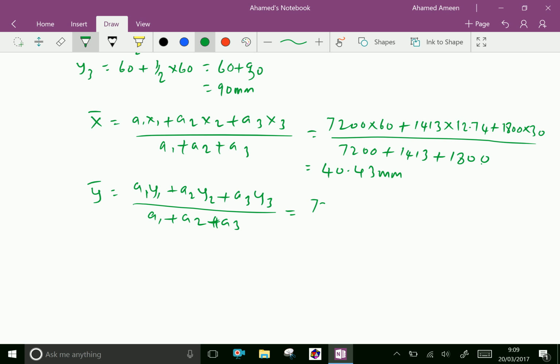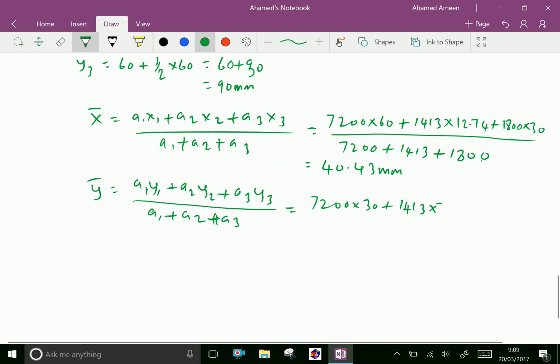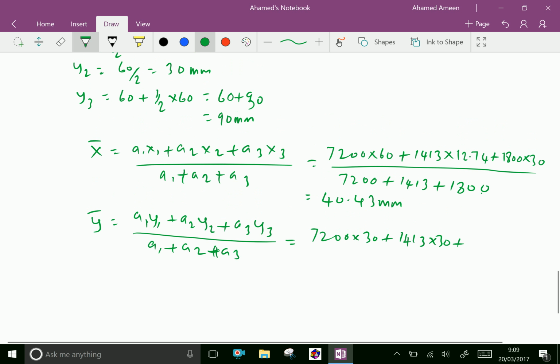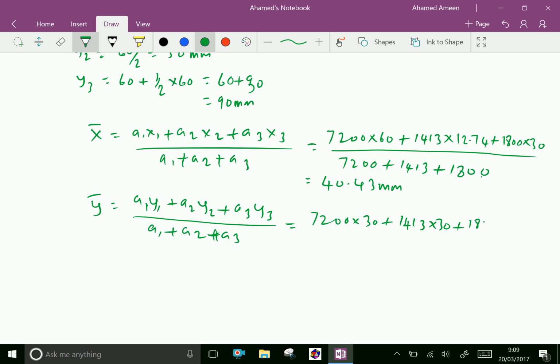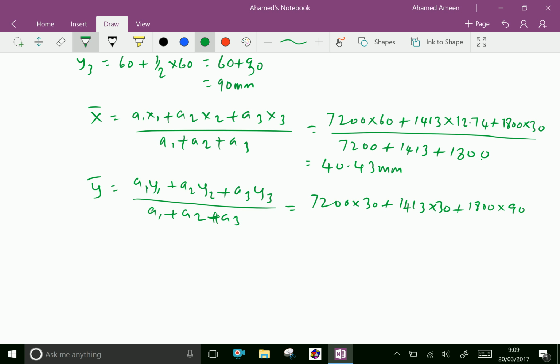A1 is 7200 into y1 is 30, plus A2 is 1413 and y2 is 30, plus A3 is 1800 and y3 is 90, over 7200 plus 1413 plus 1800. By calculation, we get